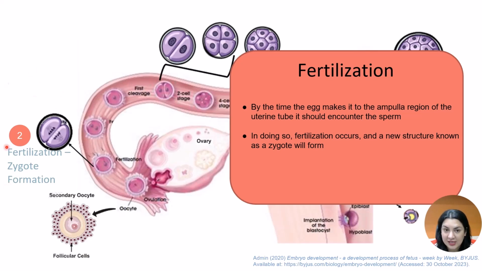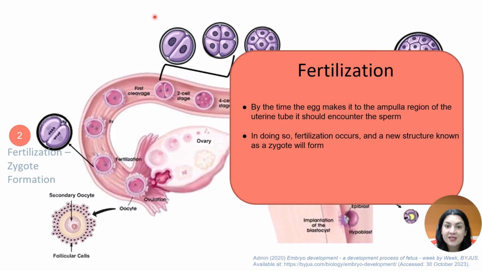Next, we have fertilization. Now, as the egg makes its way through the uterine tube, it eventually reaches this sort of ampulla region, A-M-P-U-L-L-A, ampulla region of the uterine tube. And it's roughly at this region over here that it should technically encounter the sperm